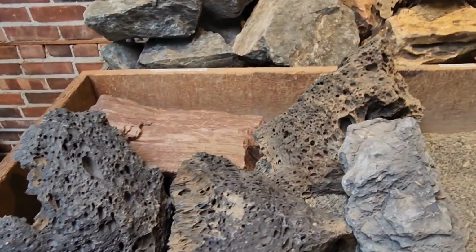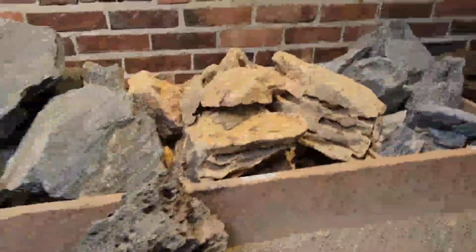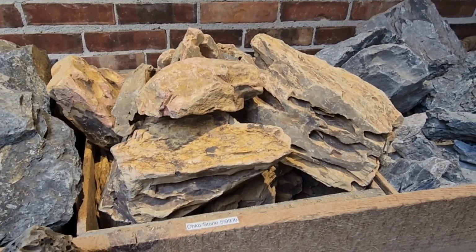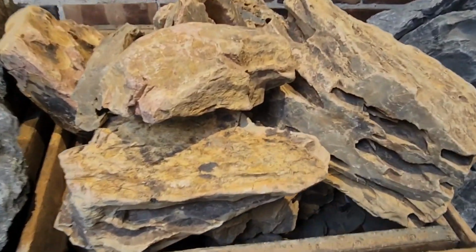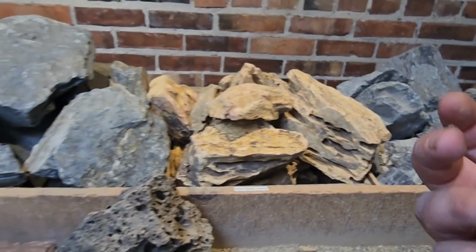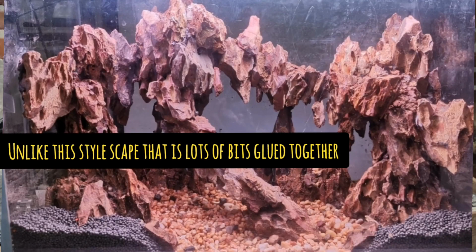Now beyond that, bigger pieces look great in aquascapes and things. Their Oko stone, their dragon stone, is actually a very hardy kind. It has some pinks and some salmon, beige colors in it, which is rad. I like those subtleties up in there. And it doesn't look so fragile. It's not so weak that it just breaks and fractures into a million pieces and ends up a dusty mess,